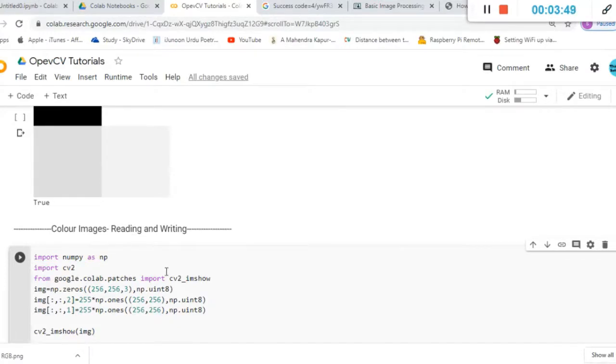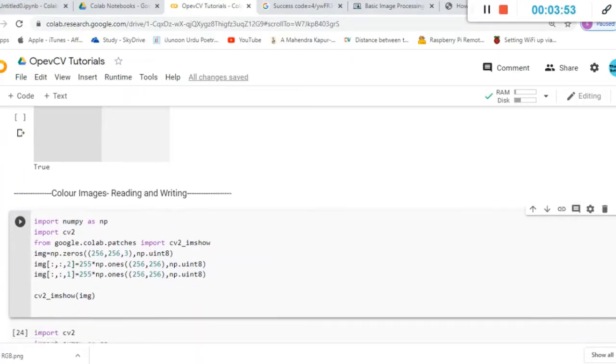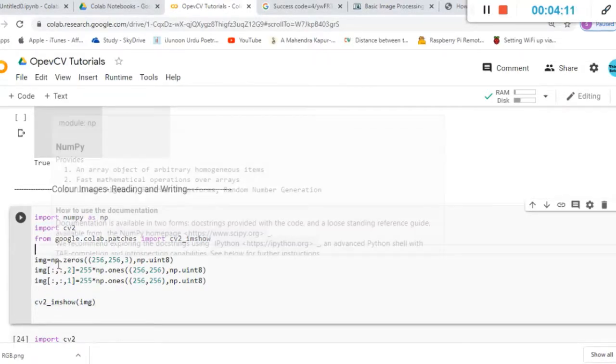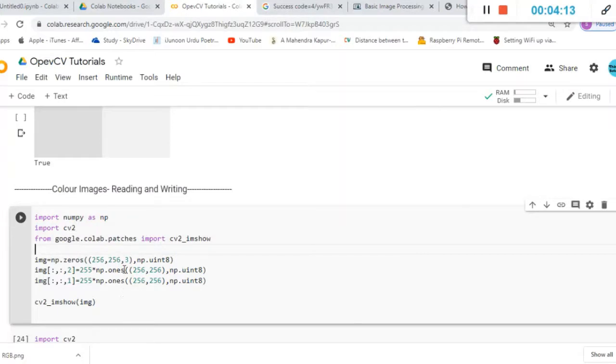So before that, in order to understand more clearly about what a color image is, we will just understand this program. What I'm doing here is I'm importing numpy as np, same as what we have done earlier. I'm importing cv2 and I'm importing cv2 underscore imshow. So these three are my import statements, and I'm now initializing a 3D array.